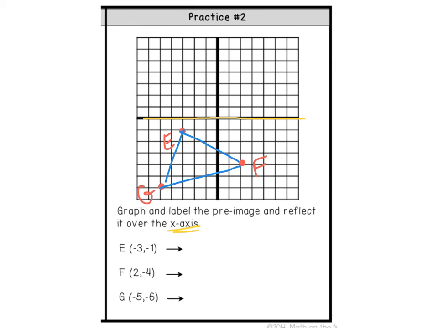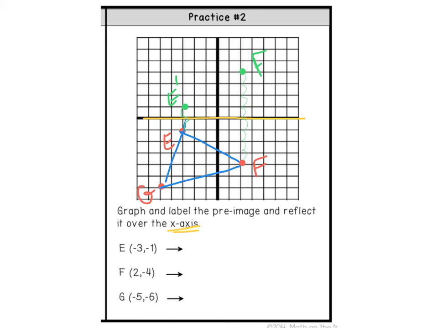Okay, now we're ready to flip it. We're flipping it again over the x-axis. Okay, so you can just count the distance from the x-axis. So I'm going to start right here with E. E is 1 block down. So I reverse and go 1 block up. And that's E prime. Okay, F is 1, 2, 3, 4 blocks down. So I reverse and go 4 up. 1, 2, 3, 4. And it's right here. And that's F